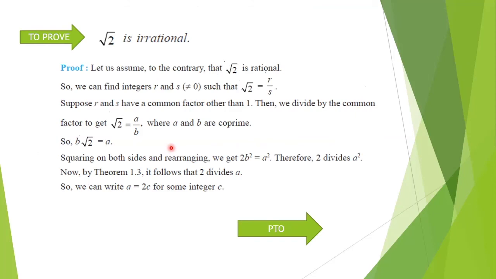This type of sum will be there. One of it will be there, either root 2 or root 3 or root 5 or a combination of terms. This will be there for your boards. I've taken it completely from your textbook itself.